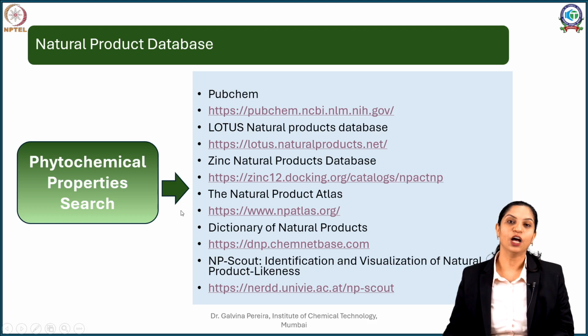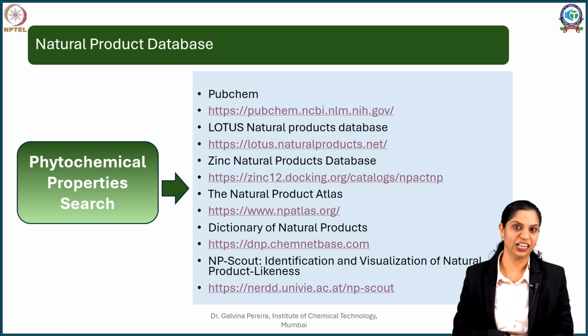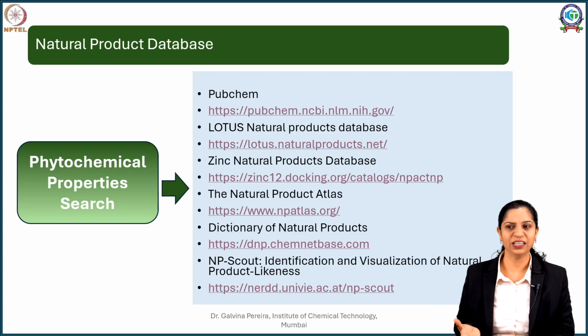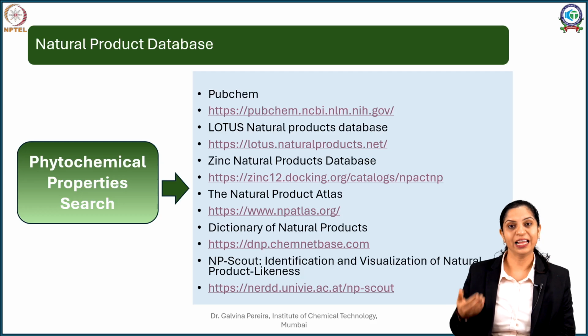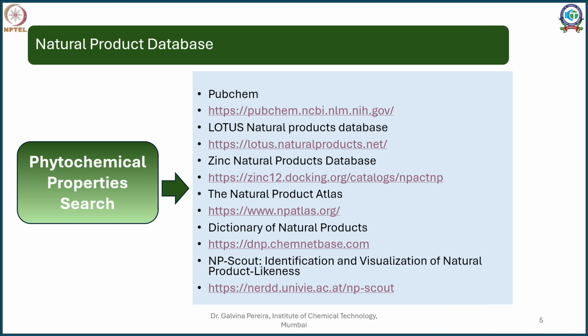We'll start with the PubChem database. PubChem is not selectively a natural product database. It pertains to natural as well as allopathic medicines as well as non-medicinal molecules. It gives us curated information about the molecular properties, its spectral characteristics as well as its metabolism. So let's first see the PubChem database, which is non-specific, and what it has to offer for natural products, especially the phytoconstituents.